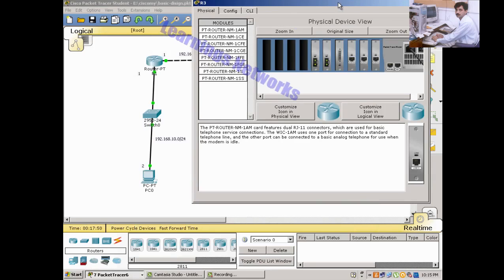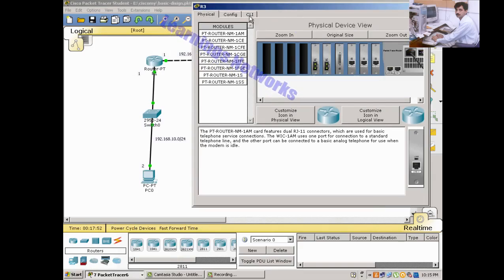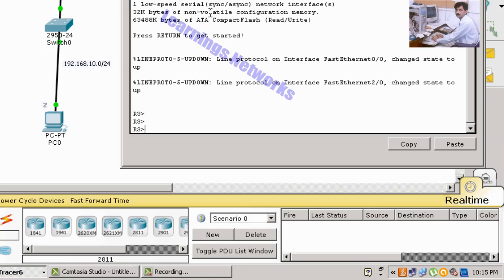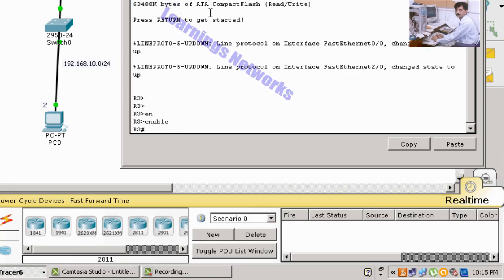For static routing, what we do first is show IP route.